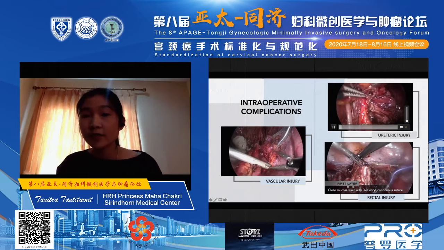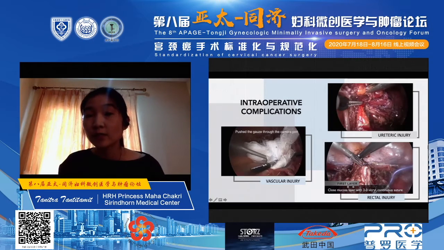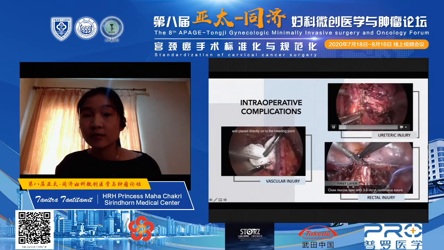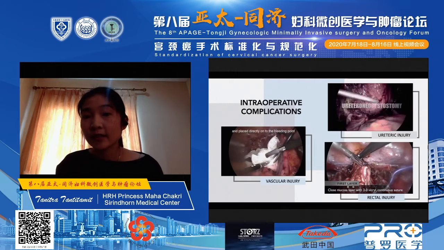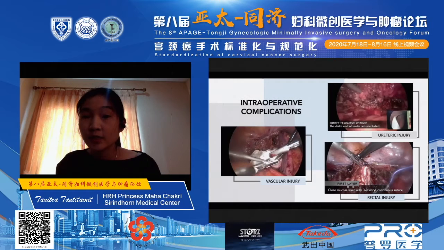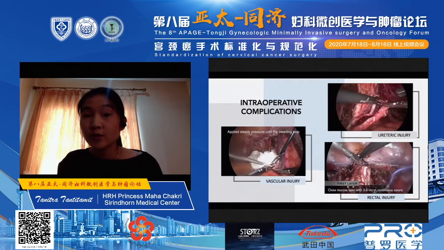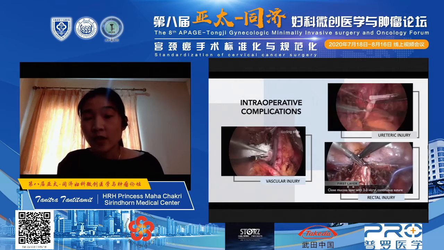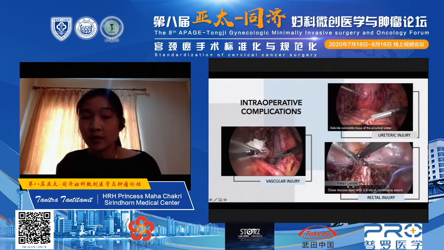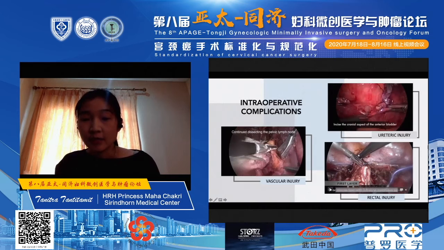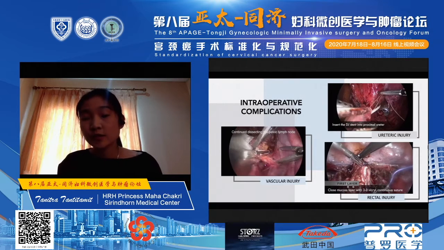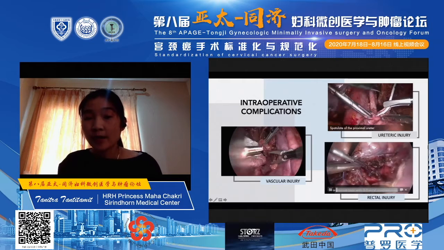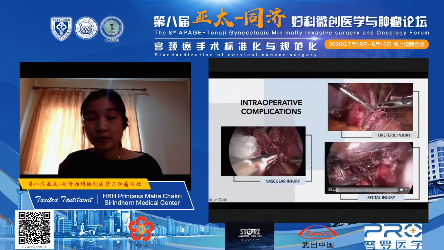is recognized intraoperatively in less than 1%. If ureteric injuries occur, a procedure like ureteroneocystostomy or ureterostomy is required. Cystotomy or enterotomy could occur occasionally. To repair enterotomy or cystotomy, we can directly repair by double layer closure.